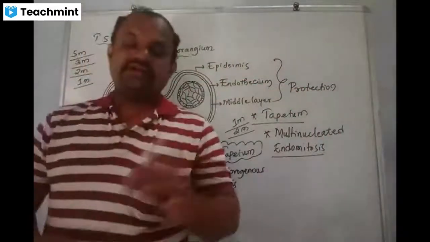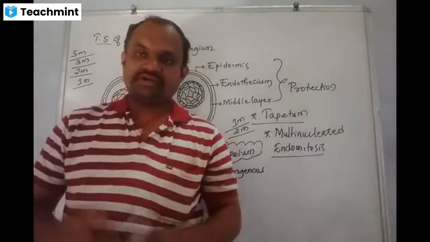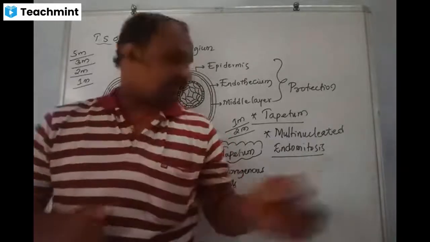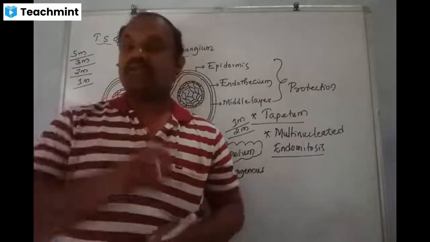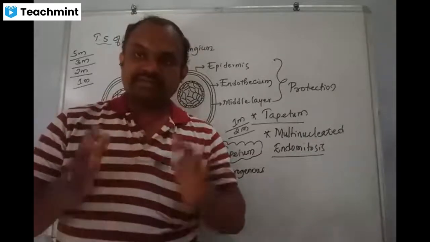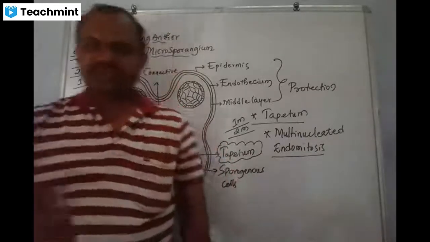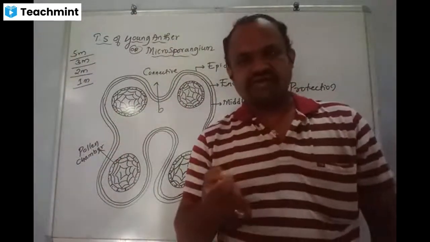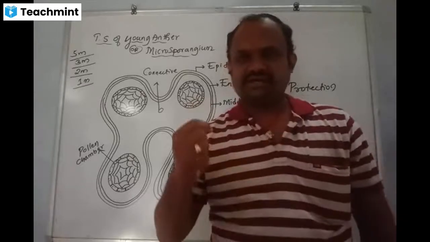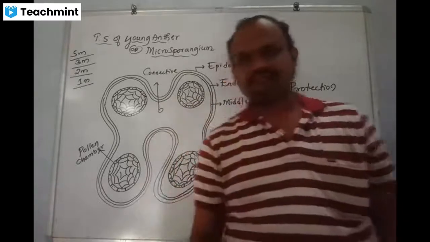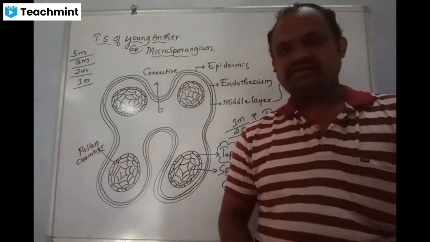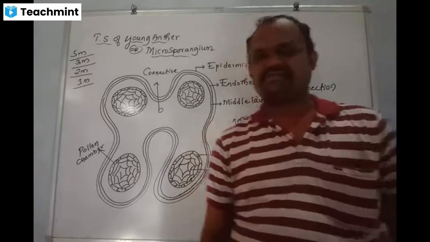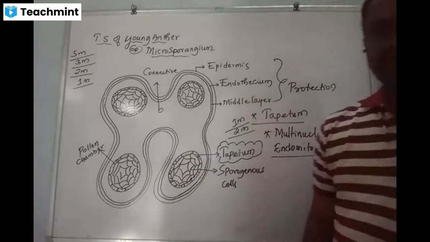At the end of mitosis, two daughter cells are formed and an equal share of the nucleus and the protoplasm is divided. However, by endomitosis, what happens? The karyokinesis is not followed by cytokinesis. So what are the definitions of karyokinesis and cytokinesis? Anybody define karyokinesis and cytokinesis? Karyokinesis is the division of the nucleus, sir. 100%. Cytokinesis is the division of the cytoplasm.